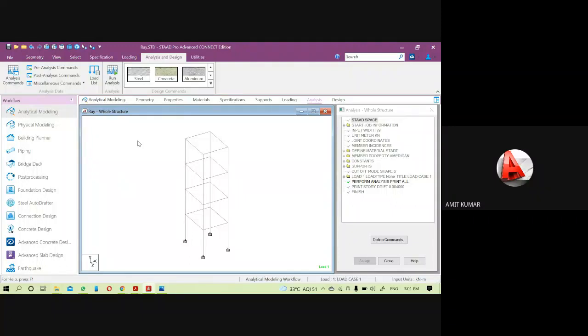So this floor diaphragm basically works on a concept that all the floors will be tied. That means the floor diaphragm will apply a virtual plate here that will tie all the corners.